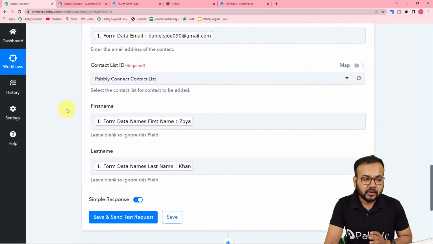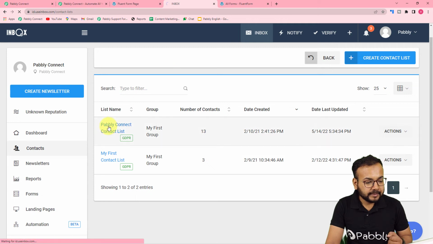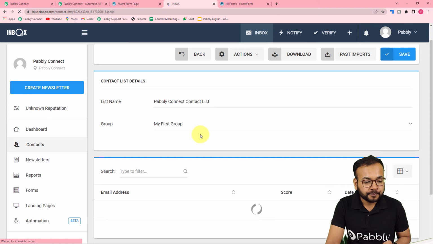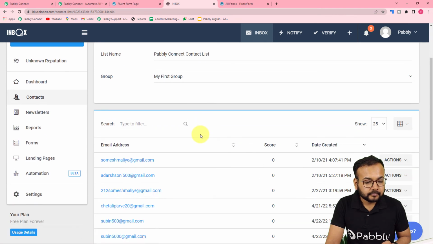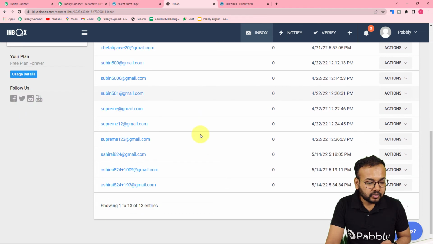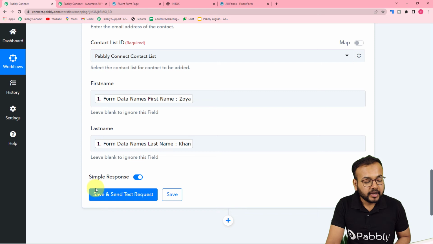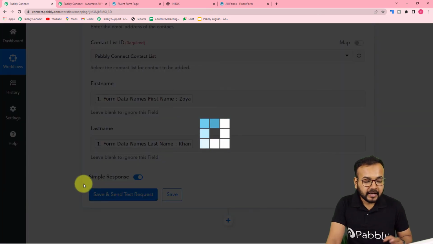Okay, so now you can check your connection also. Let me show you in my list, Pabbly Connect contact list. You can see 13 contacts right now. Okay, so we have 13 contacts right now, which are these. So let me click on save and send test request here in my workflow, and a new contact will be added inside inbox application. Let me show you. I have clicked on save and send test request,